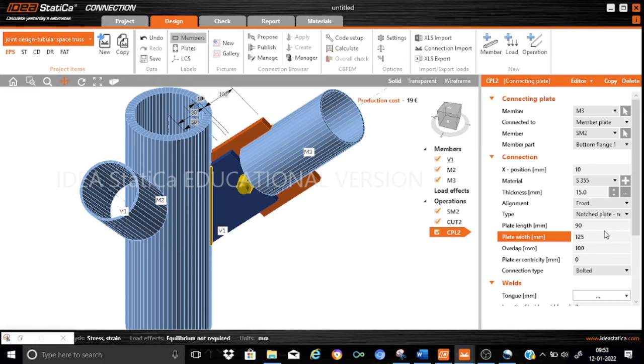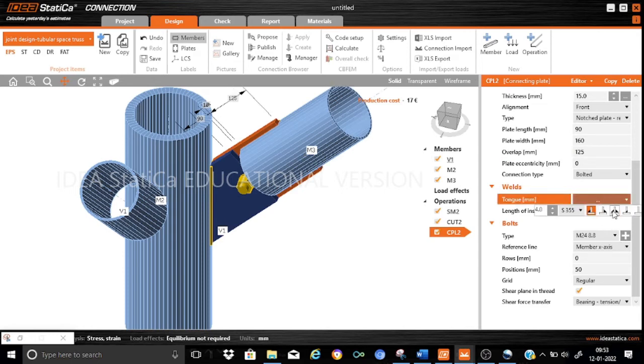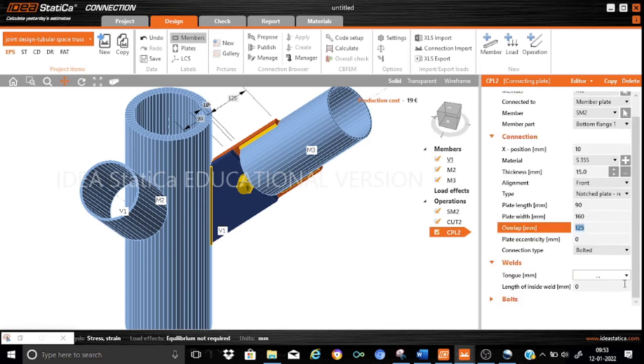The plate eccentricity will be 0, and this will be a border connection. Now let us keep the weld sizes. We'll keep the weld as both-sides fillet weld of 4 mm with 355 plate steel. That's good enough, and the length of the inside weld will be 0.